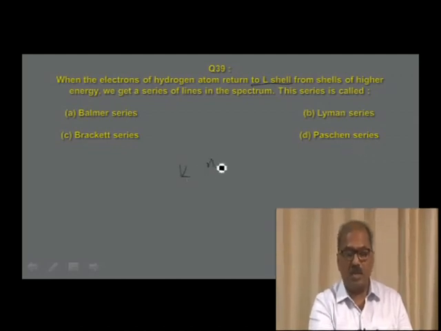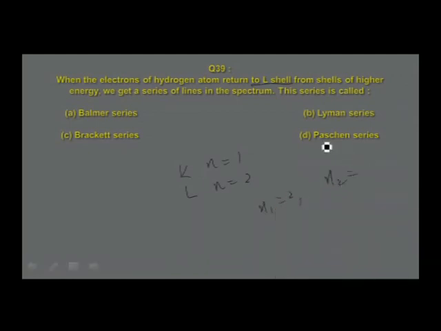K shell n is equal to 1. For L shell n is equal to 2. So that means n1 is equal to 2 and n2: electrons are returning from shells of higher energy. That means n2 will be 3, 4, 5, etc. And nu bar equation for this type is found to be 1 by n1 square minus 1 by n2 square, and the answer is this is 1 by 2 square minus 1 by n2 square. This is the expression you get for